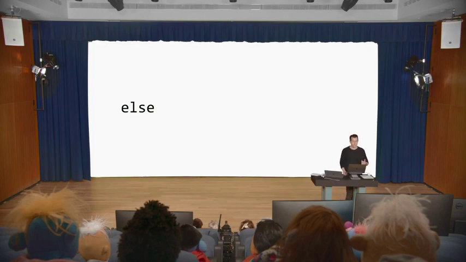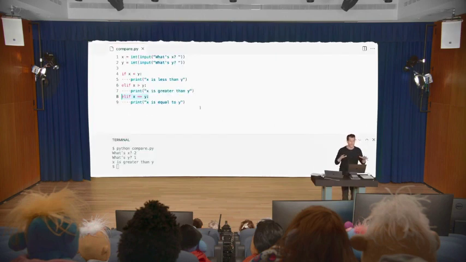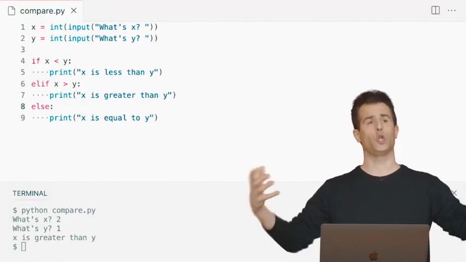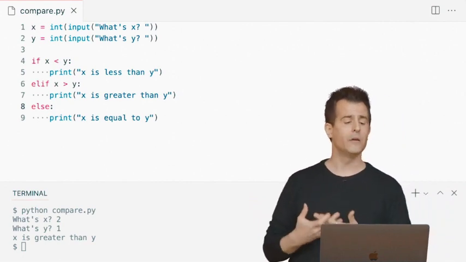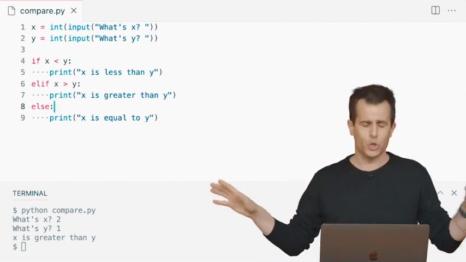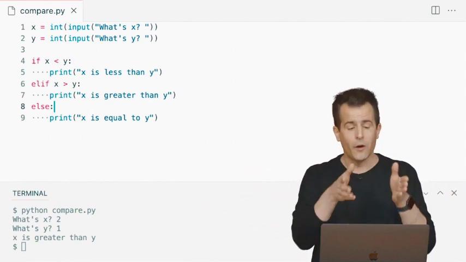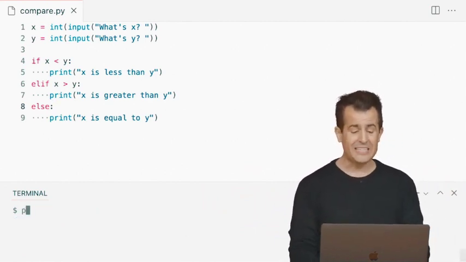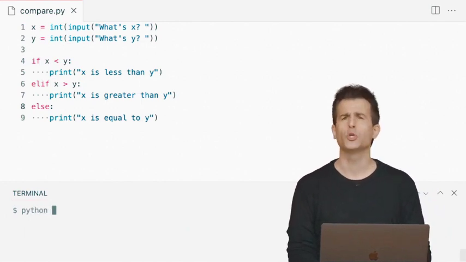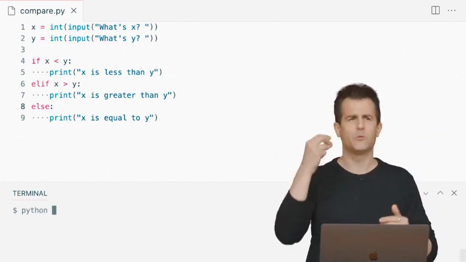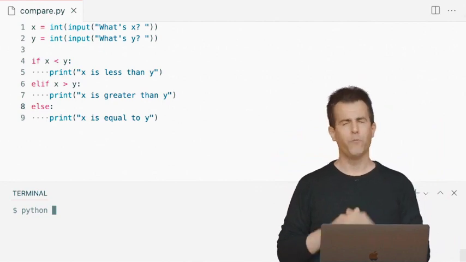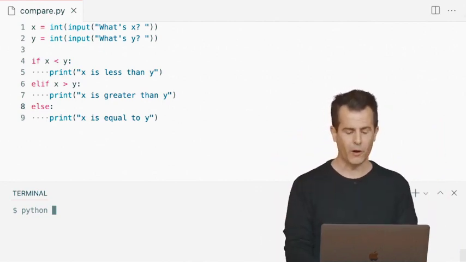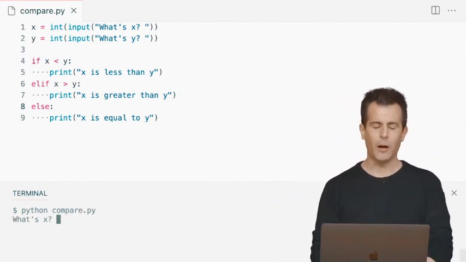Let me go back to my code here. And instead of bothering to ask the third and final question, let's not ask a question at all. Let's just have this catch-all, so to speak, a final line of code that says else, just assume that x is equal to y, therefore printing it as well. So what's the upside of that? My code is still going to work exactly the same. And again, my computer's so darn fast, I don't even notice that it's working even faster than it was before. But we would notice these kinds of things if we were doing a lot more work, a lot bigger programs here.